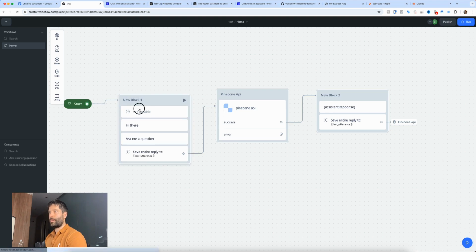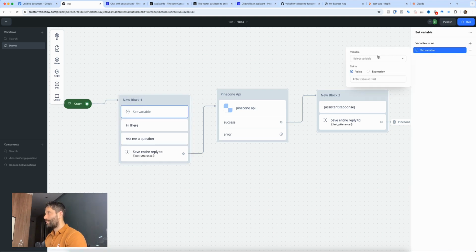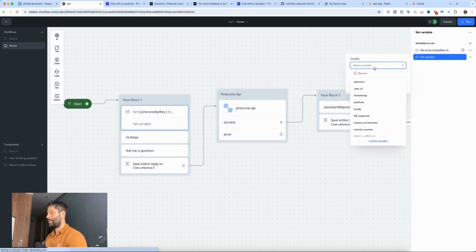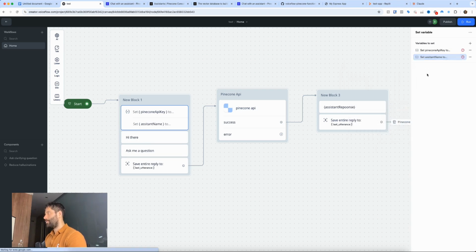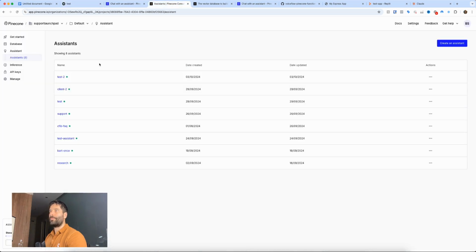So let's replug this up here. All right, so the first variable we're going to be setting is Pinecone API key. We'll set that in a second. And then the second variable is going to be assistant name. Okay, awesome. Now to get these values back in Pinecone, if you just go to assistants, this is the assistant